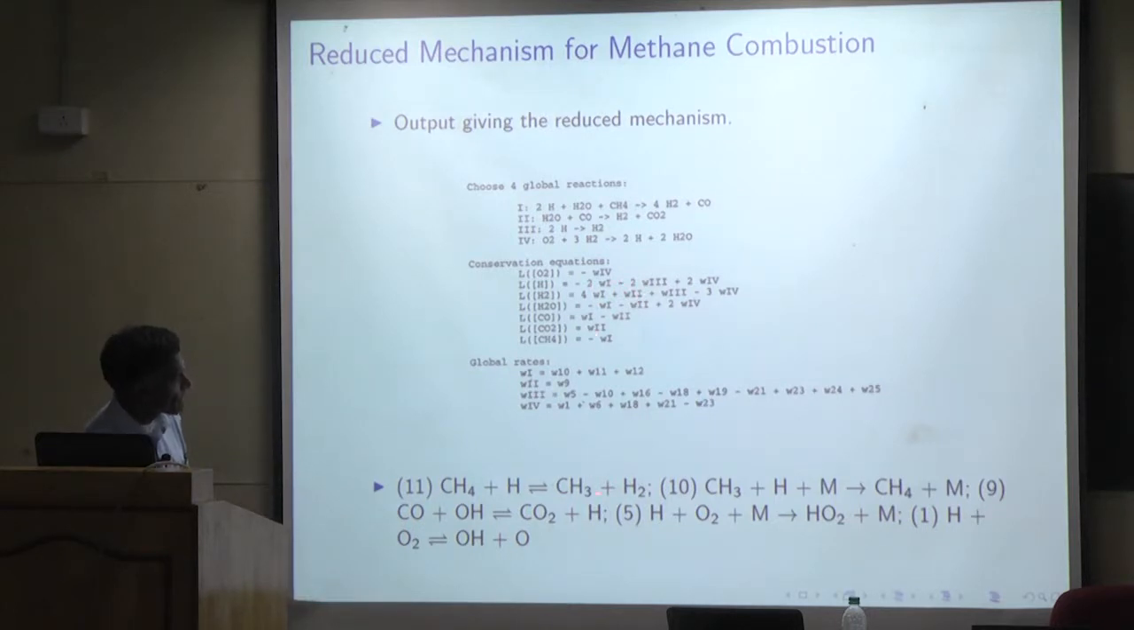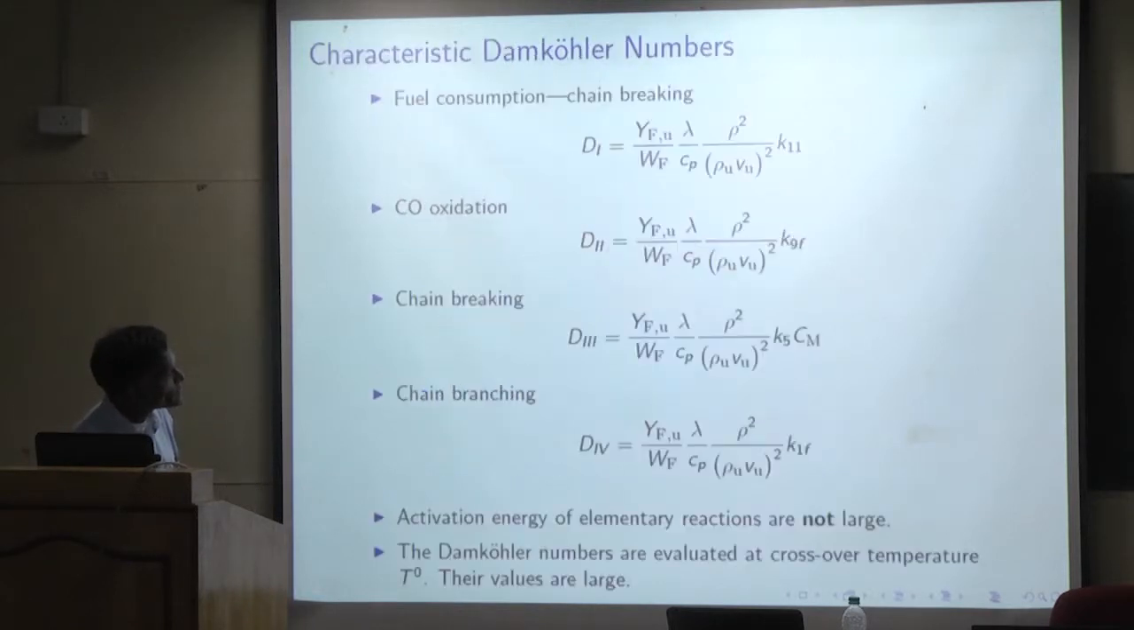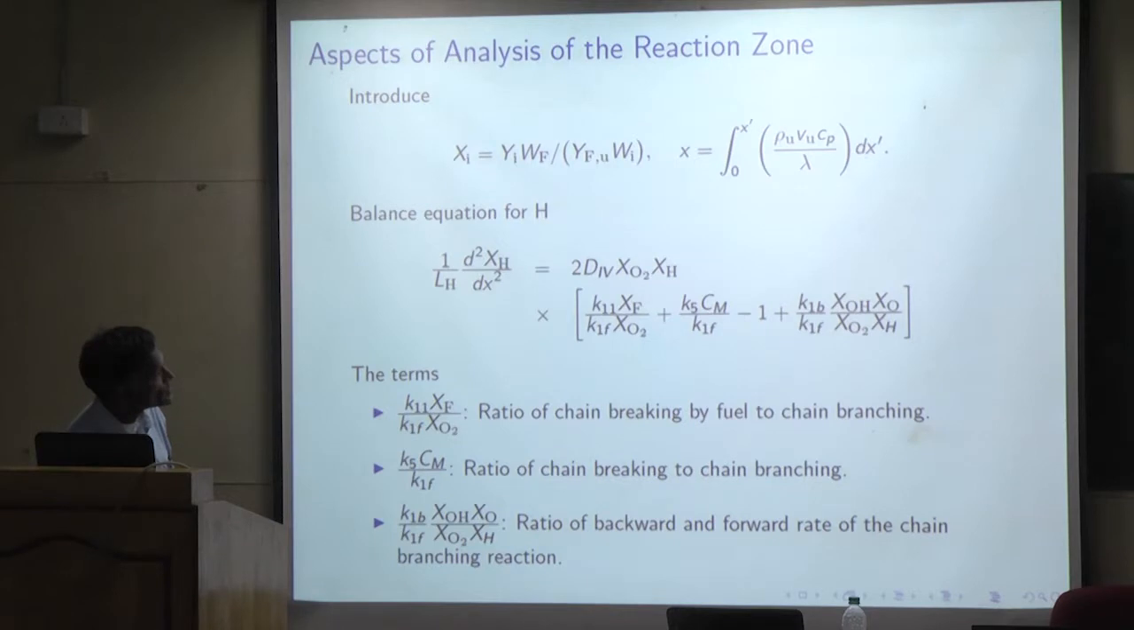One is given by this one here, and step 3 is this reaction, and step 4 is this step. But you see, this reaction goes backward and forward. So this has 2 contributions: one a forward rate and a backward rate. The others have only one. So if you write the species equation for H, you can see that